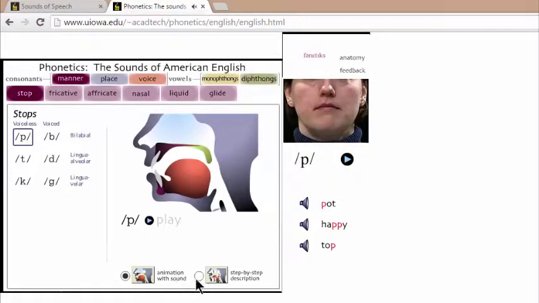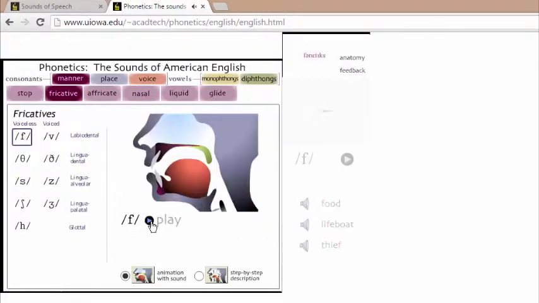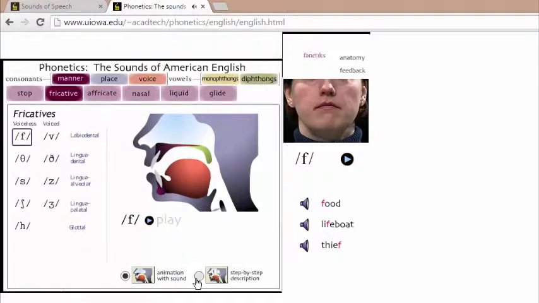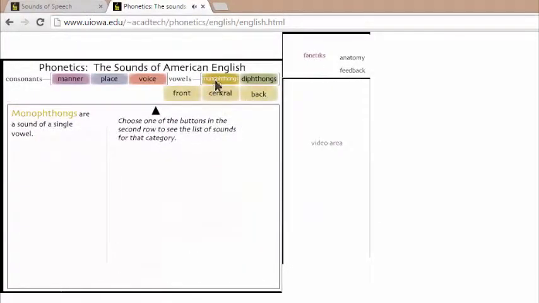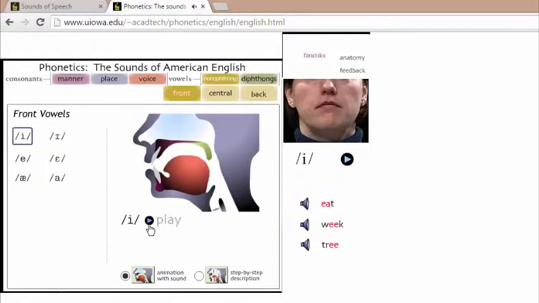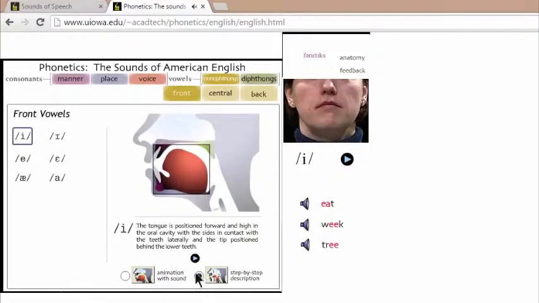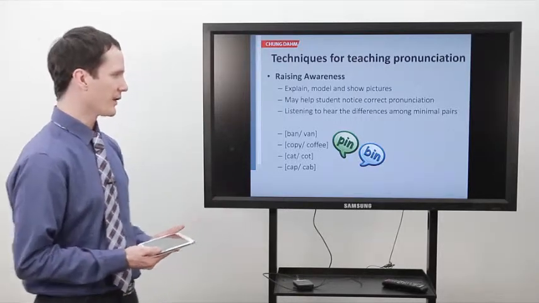Pa. Fa. Food. Lifeboat. Thief. E. E. E. Eat. Week. Tree. As we pronounce the various vowels and consonants of English, one thing to keep in mind